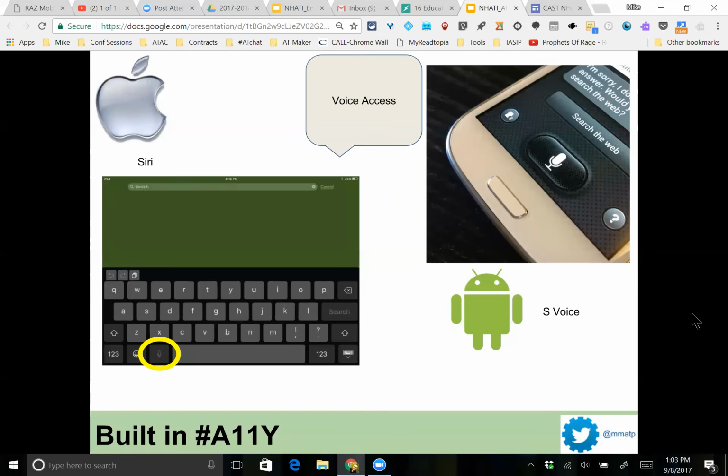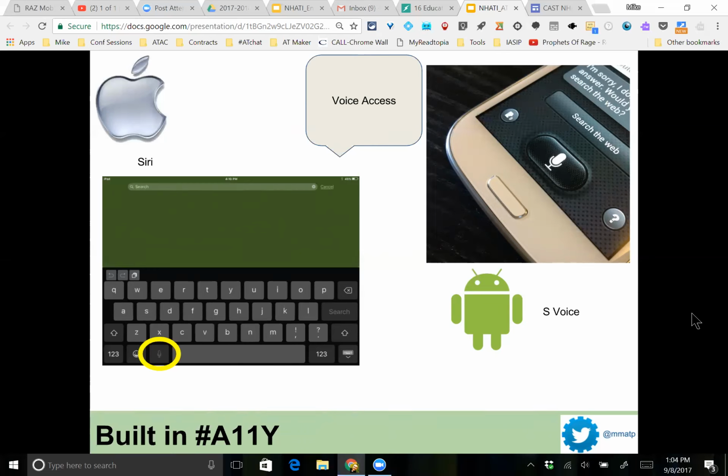All right, so we think about this idea, and even before we start looking at apps we can add and tools that we might explore that are beyond what's in our device already, I like to remind us about the built-in accessibility features. Are there built-in features that could help your student with writing? And so we think about this on our tablets and smartphones. Either platform, doesn't matter,